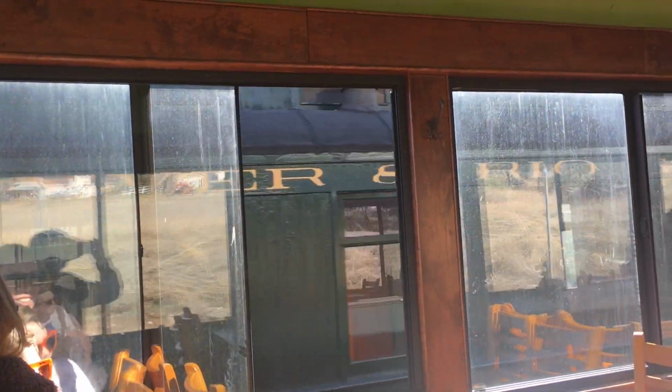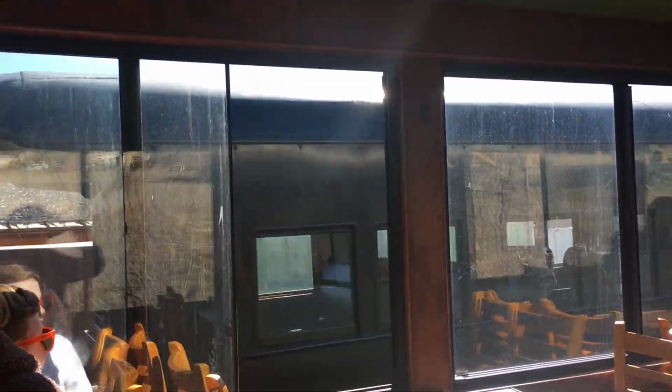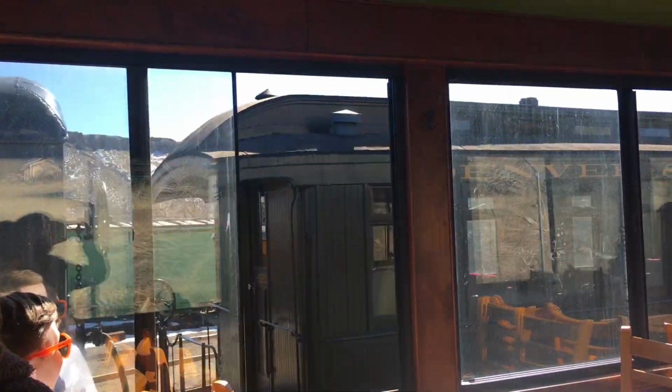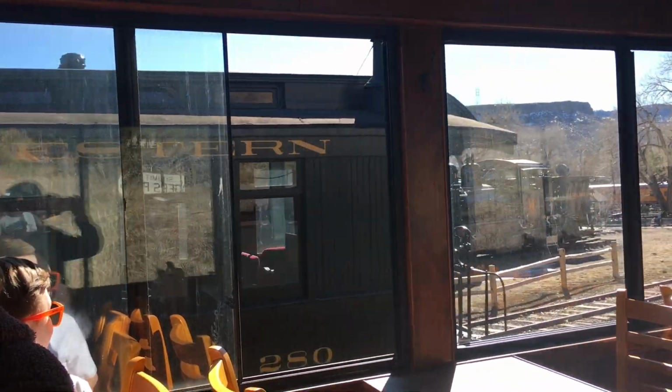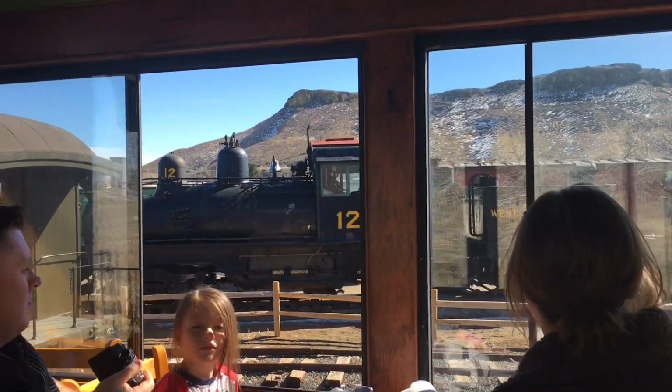Here's a Rio Grande Western business car. It's just about the same vintage. The Uinta car is actually newer. That car came to us, it had been a barn, and our volunteers had to work from black and white photographs to actually restore it. The engineer on the train today actually did the upholstery work on all those chairs that were built with wood